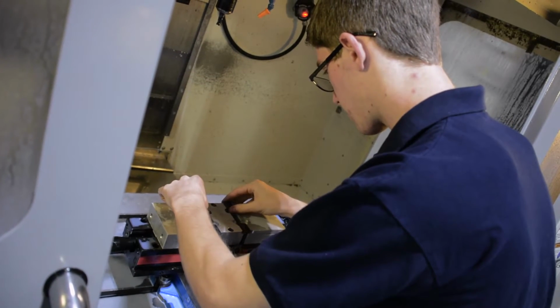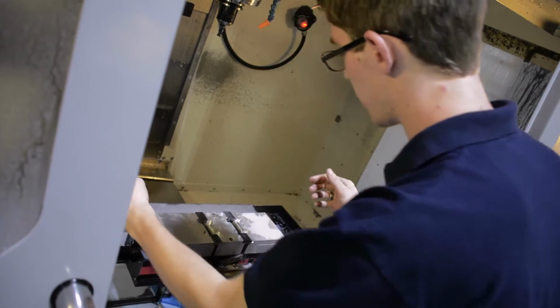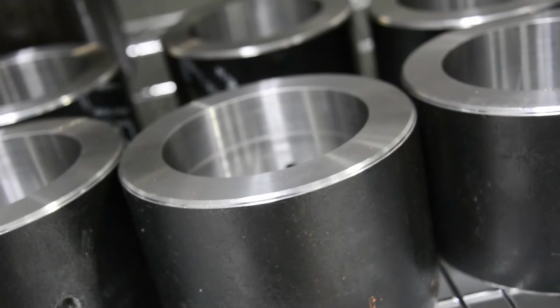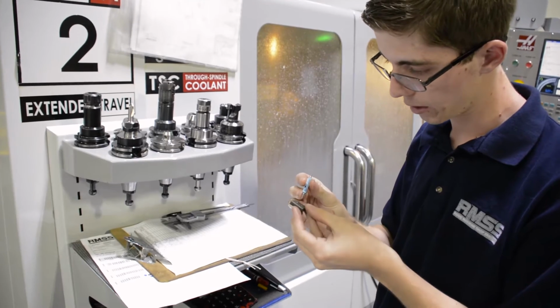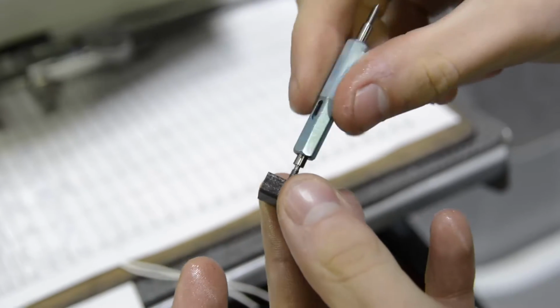Jordan Chamberlain is a Swiss CNC machinist at Rugo Machine Shop Services. He creates component metal and plastic parts for industries such as medical, defense, automotive, and aerospace. What's unique about Jordan is the path he took to get here, and it all started with an early love